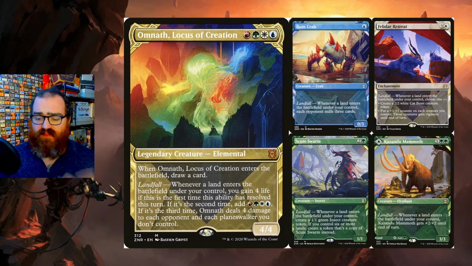So now we have Landfall. Landfall is a returning mechanic from the original Zendikar, where whenever a land enters the battlefield, you do something cool. And I say that because cool may or may not be applicable to all of these Landfall cards. And while I like Landfall gameplay-wise, rewarding players for